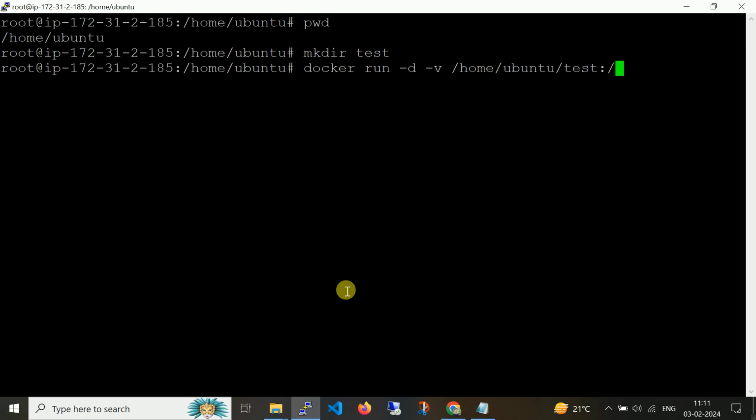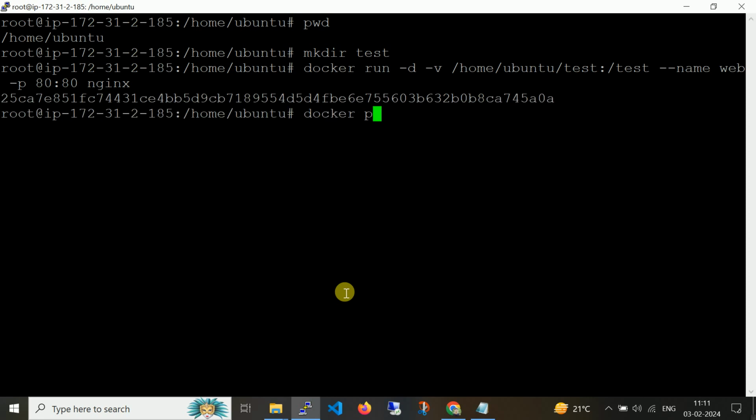So let me mount it on /test, --name web, -p 80:80 and nginx.